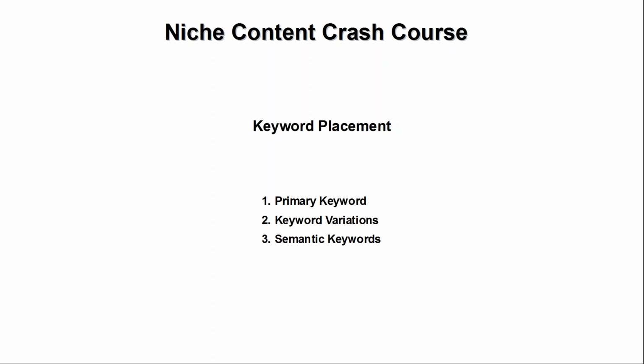In addition to your primary keyword phrase, you also have what I call a keyword variation. A keyword variation is essentially still your primary keyword phrase, but it's a different way of saying it. It's maybe a different tense. It's a different rearranging of the words. It might even be completely unique words that still mean the same thing.